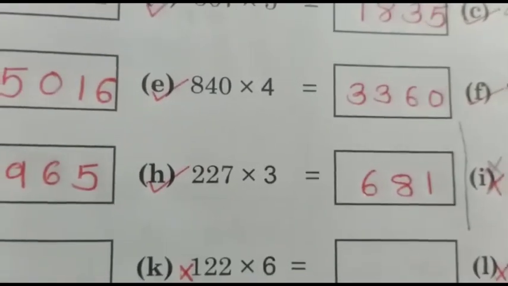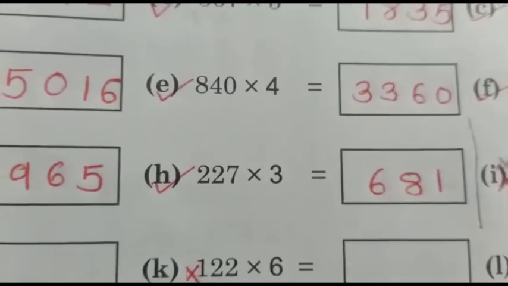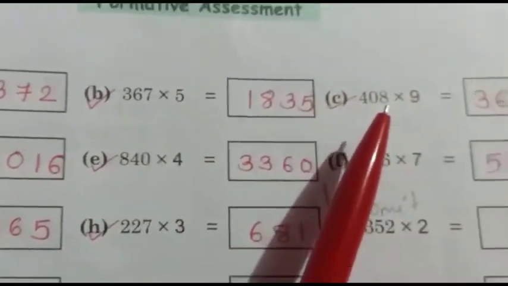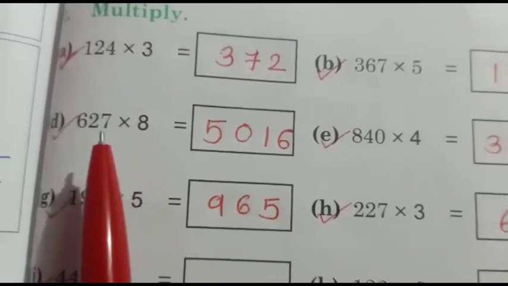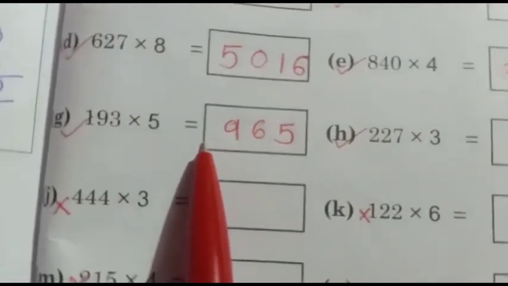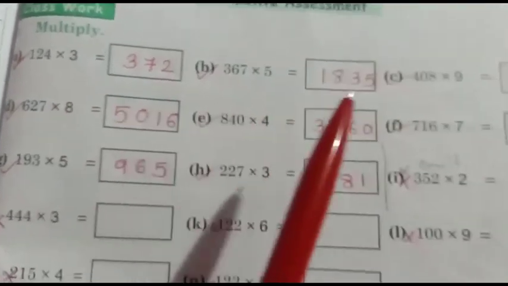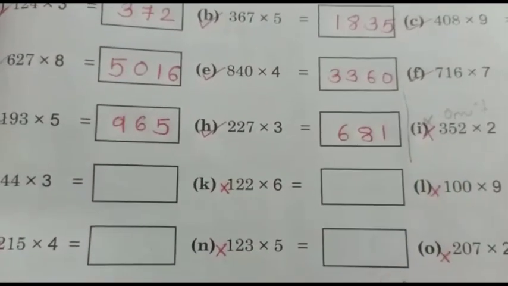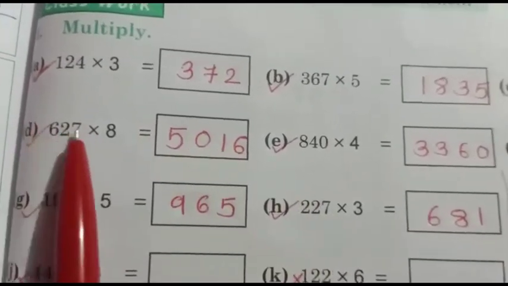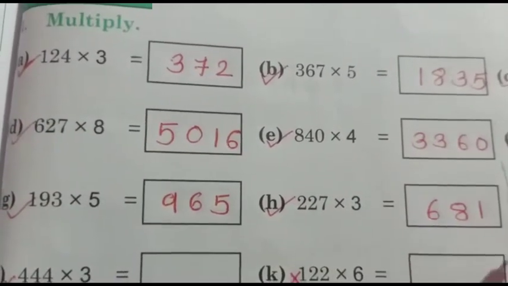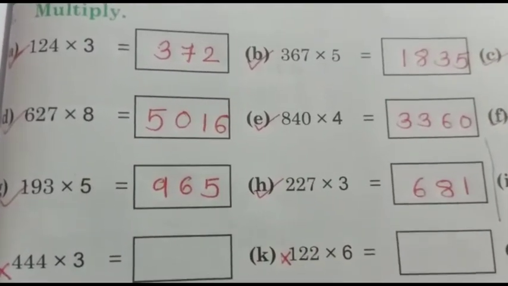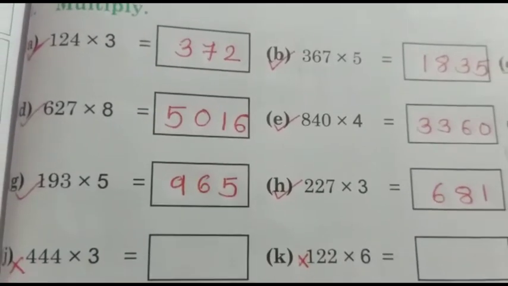Okay students, we were supposed to solve only till H. Now you can see we have solved A, B, C, D, E, F, G and H. Up till H we have solved all the sums. From I till O we had cancelled, omitted. So we don't have to solve those sums. Now students, as I have solved these sums in notebook as well as in combined book, you also have to solve those in your notebook as well as in your combined book.